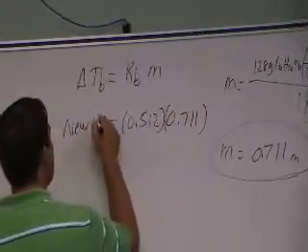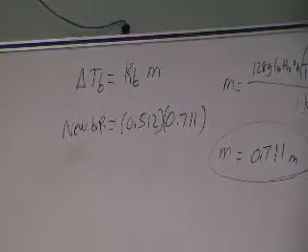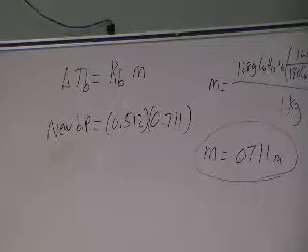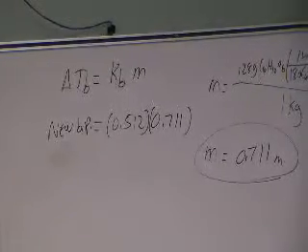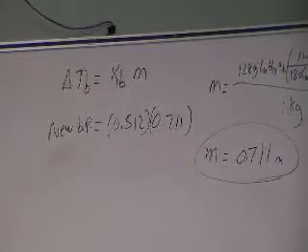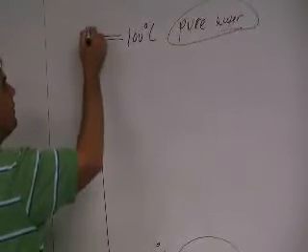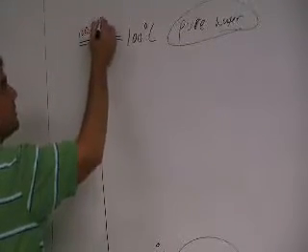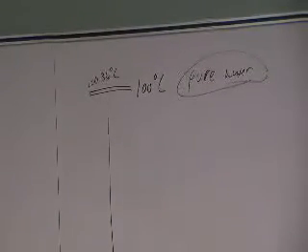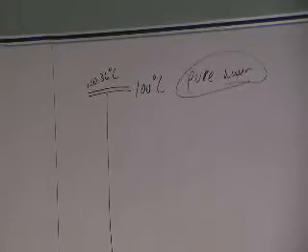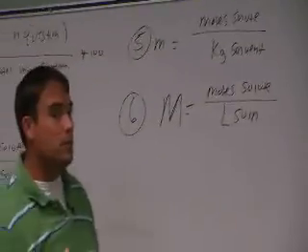This will be my new boiling point, just like I want. It's the boiling point elevation. So 0.512 times 0.711 is going to be 0.36. So what's going to be my new boiling point here? 100.36 degrees centigrade. Do you see that? So, Bonnie's in the kitchen. She's measured out 1 kilogram